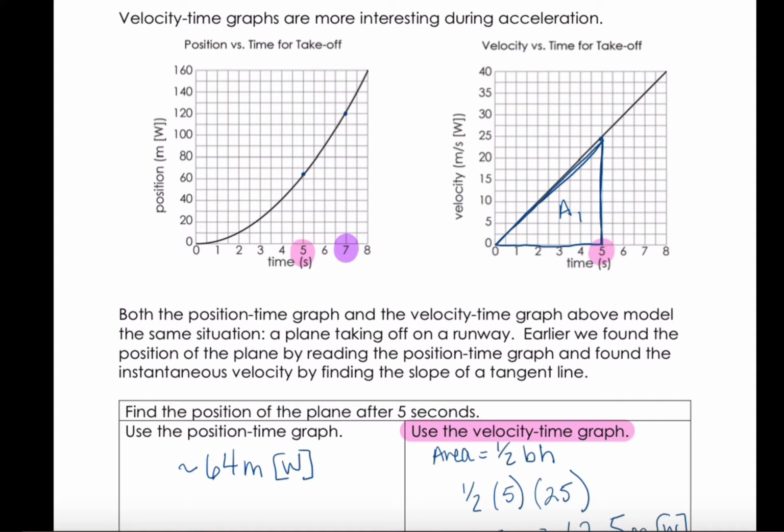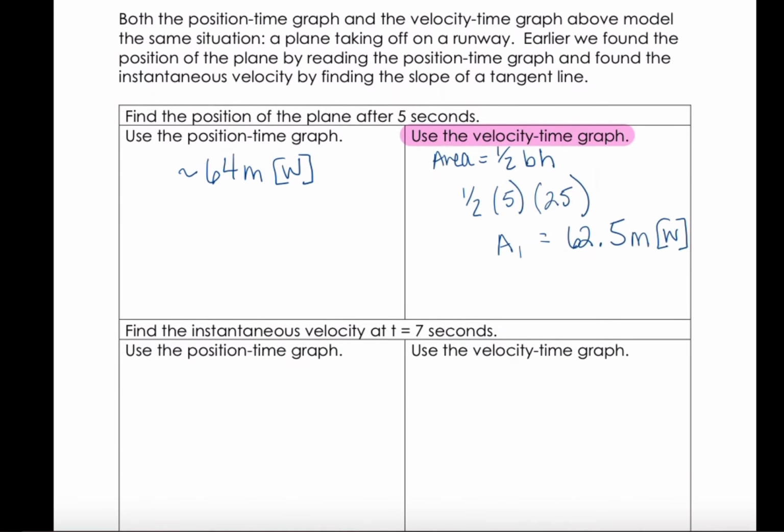And so if we draw our tangent line roughly like that, this is our slope. And so for the rise over run,